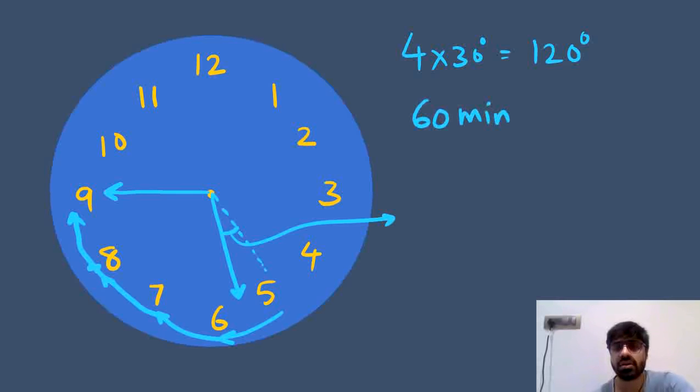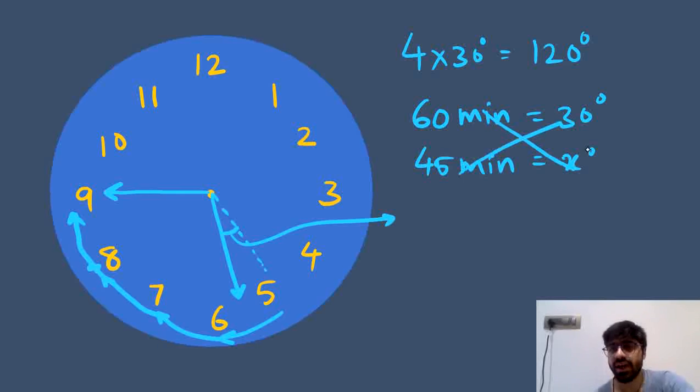In 60 minutes, the hour hand is traveling 30 degrees. So in how much? It's 45 minutes now. So in 45 minutes, the hour hand will travel, 45 is 3/4 of 60. So the angle will be 3/4 of 30. 3/4 of 30 is like 7.5 into 3, which is 22.5 degrees. If you have understood that calculation, fine. If not, you can take it as x degrees, cross multiply, and with that you will get your answer as